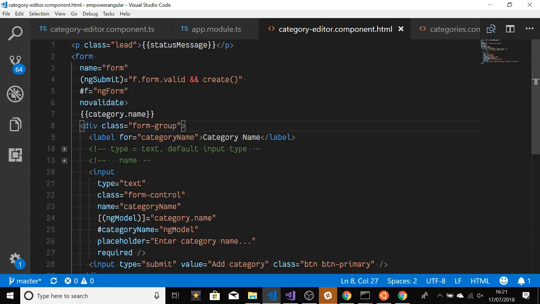Right. And this one, right? This sort of stuff. Unexpected closing tag div. It tells us where it is. This is real strict about stuff. It means that we've got a tag that we never expected to find. So let's have a look at your category editor component HTML. So it's probably moaning about that